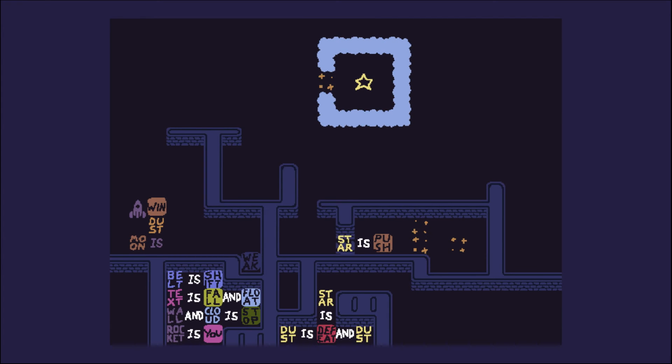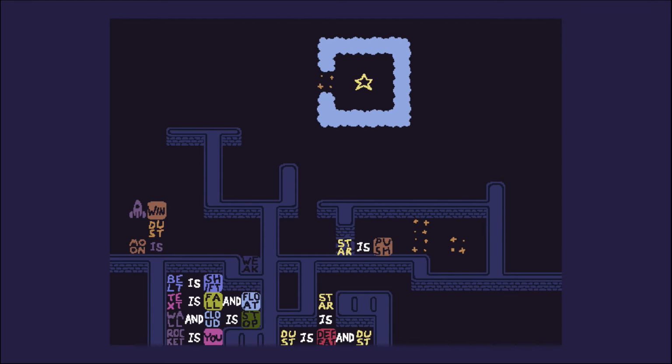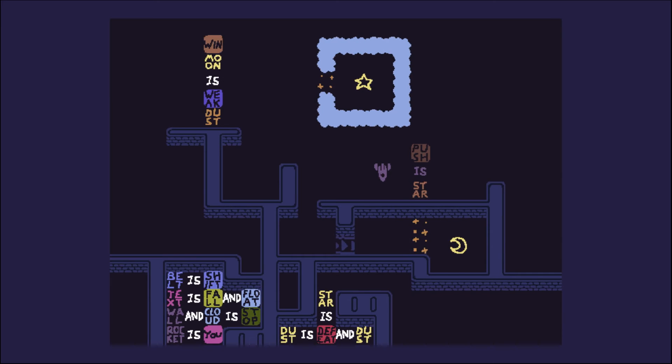So this notch doesn't help me with changing a sentence. The only way I could see it helping me is with making two sentences at a time. But that's also clearly impossible, right? Wait a minute. What if I made star as moon? I don't have to go get that moon. I can make another, right? It's not so clear how I could do that, but...